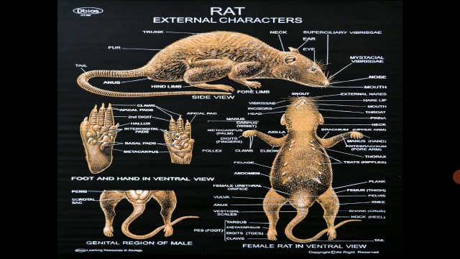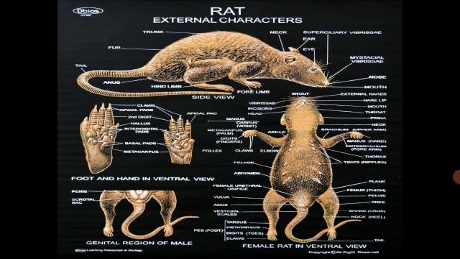Okay. Now the rat possesses, in addition to the tail, in the case of the female, the teats here, then the three openings on the body of the female, and in the case of the male also there are openings present. Okay, the urinogenital opening is present. Now in addition to that, the forelimb and hind limb are present. So two pairs of limbs are there, forelimbs and hind limbs.